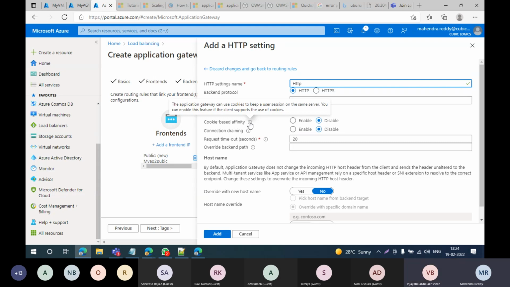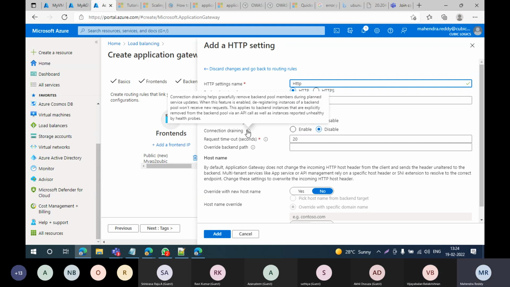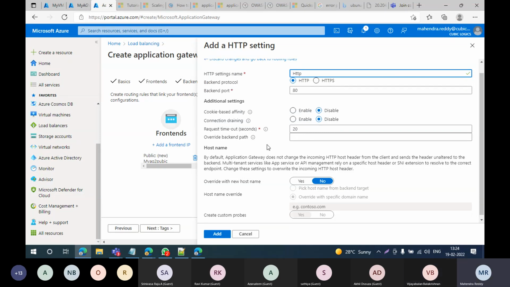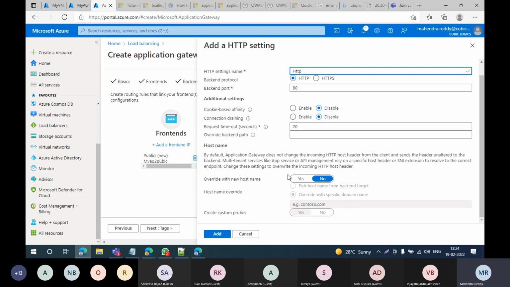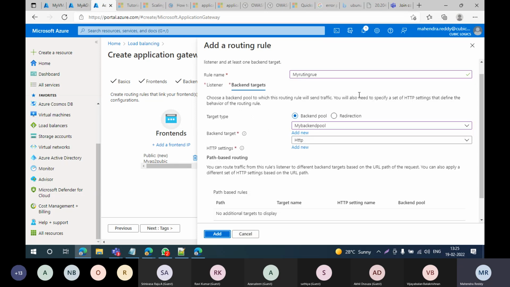Connection draining is for when you are trying to remove some backend pools; it makes sure no updates go to that API server. We can mention a request timeout, and host name is for when you want to specify a specific domain. I'm just going with the defaults.